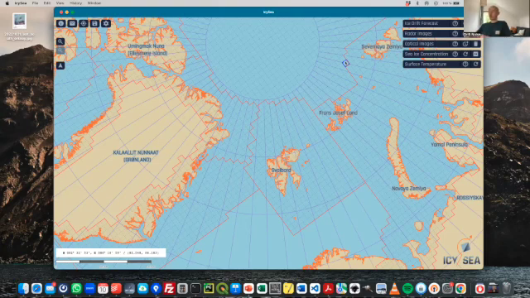Right now, for cost efficiency on the computational side, we're just looking at the regions where most clients are operating. But if you're interested in the Eastern Antarctic, where no other ship is going, we'll still be able to provide you with data there. So I'm going to start with the different data layers.